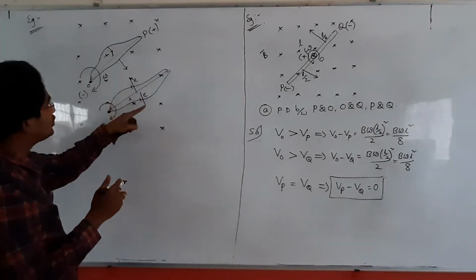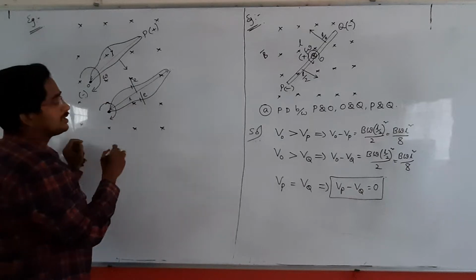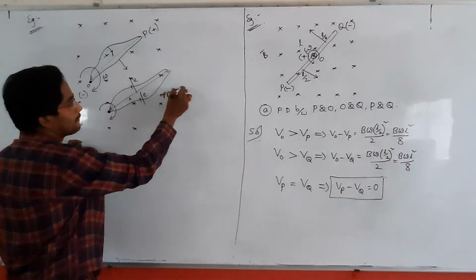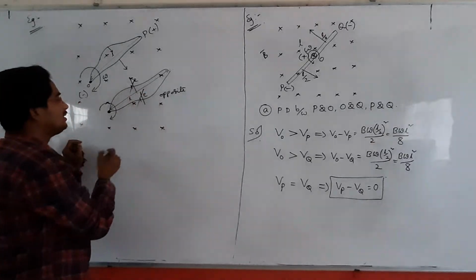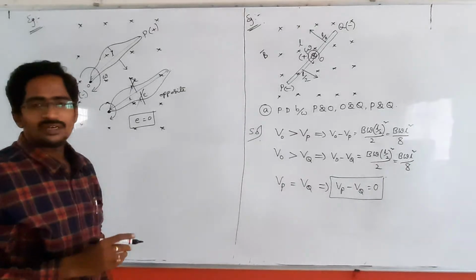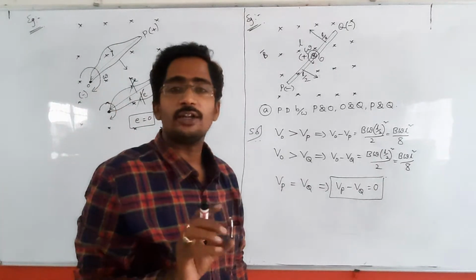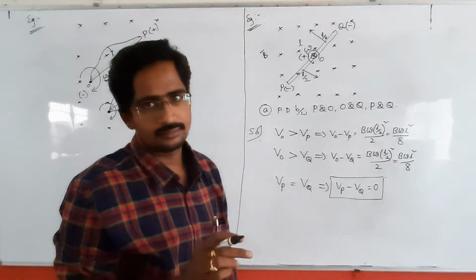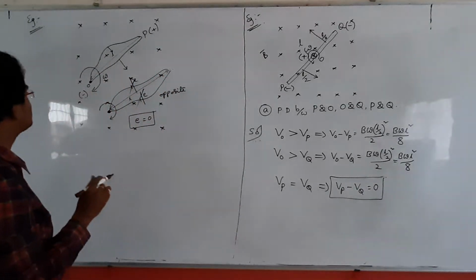These two are in opposite direction, such that both are cancelled. The net EMF value here? 0. What is the net EMF here? 0. Okay, so like that we are doing the problem here. Next, another example.